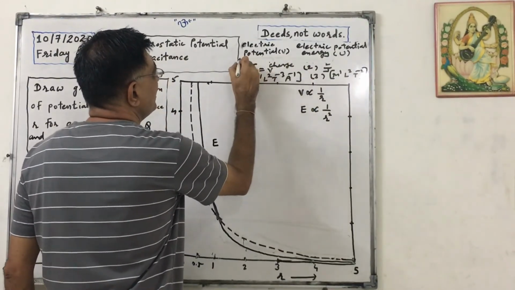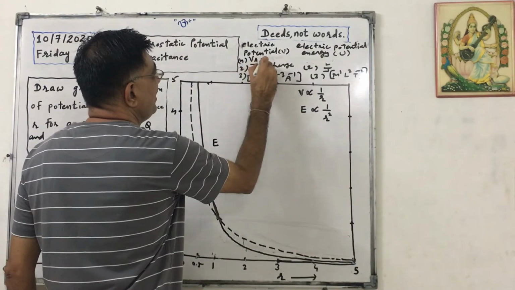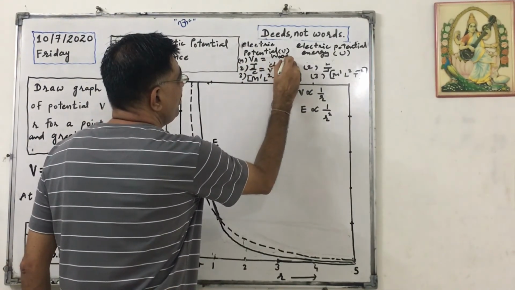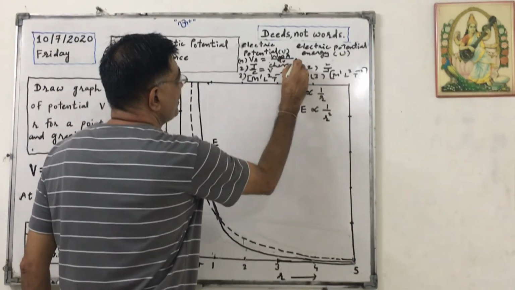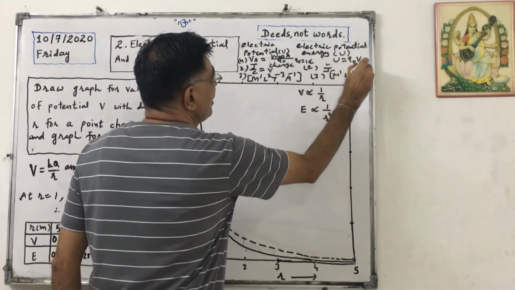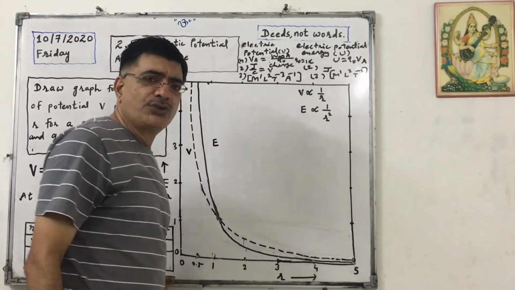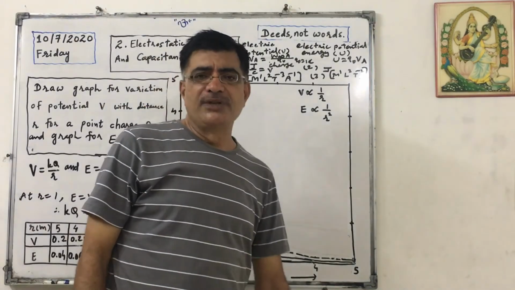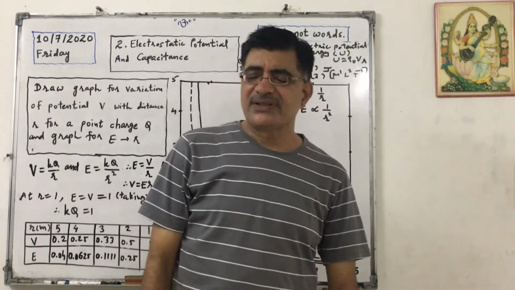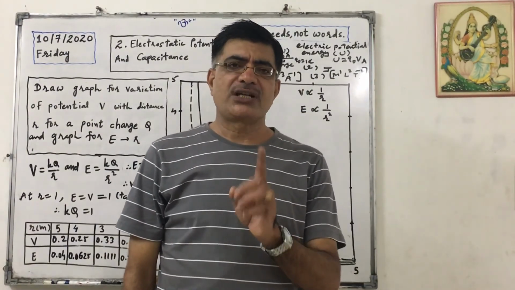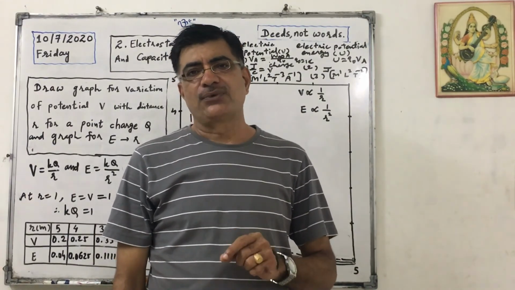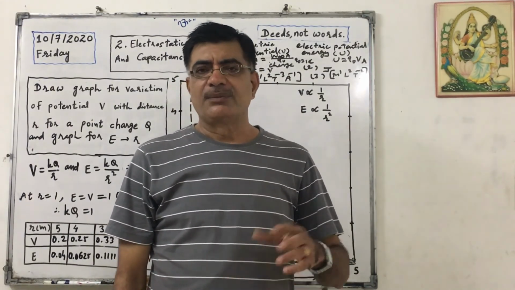According to definition, potential at any point A equals the work required to bring a unit charge, that is 1 coulomb, from infinity. And U will be equal to Q0 into V. In case of U, it is not needed to bring a unit positive charge. So the basic difference is that for electric potential we have to bring a unit positive charge from infinity, and for electric potential energy we can bring any charge.